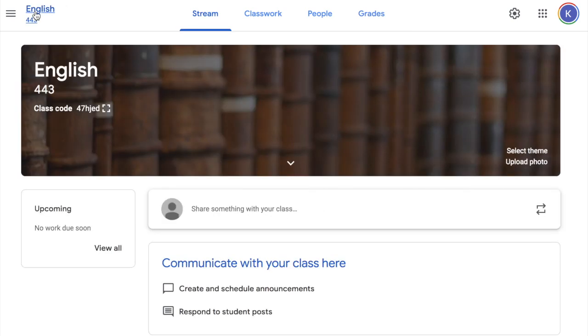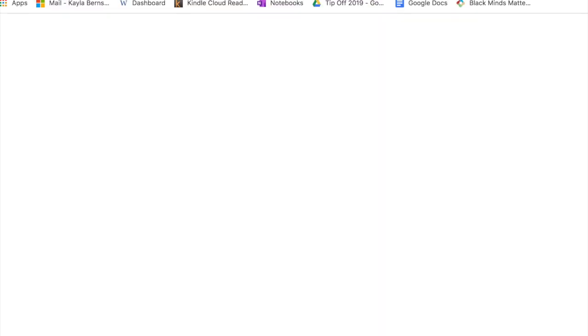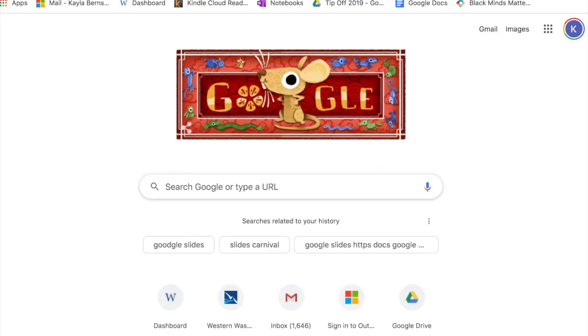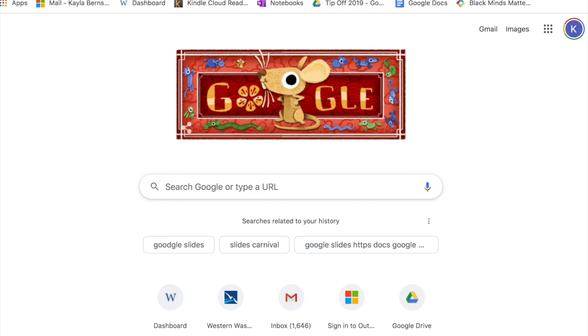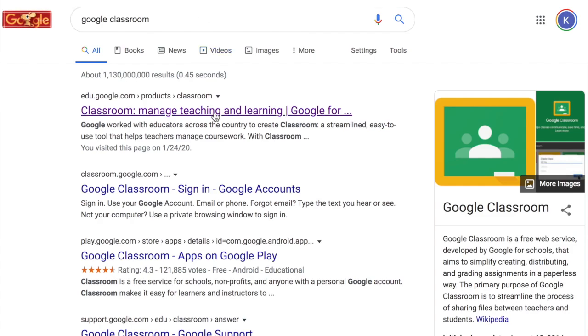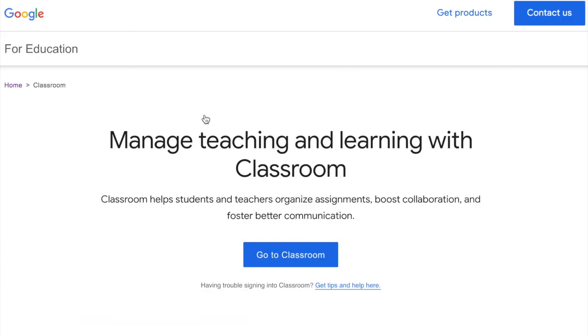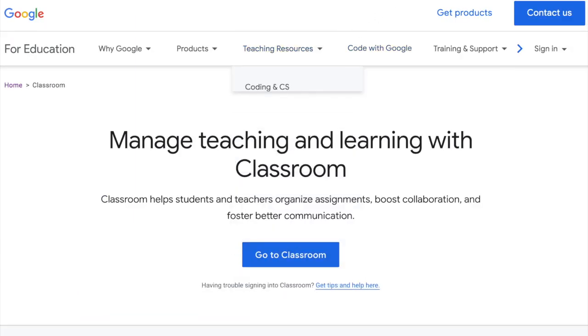A great way that we can do this for now, since we can't download the apps, is we're just going to go to our browser and type in Google Classroom. And once we get there, we can go up to the top right corner to these three little dots, and we're going to create a bookmark. So we're going to bookmark this tab,